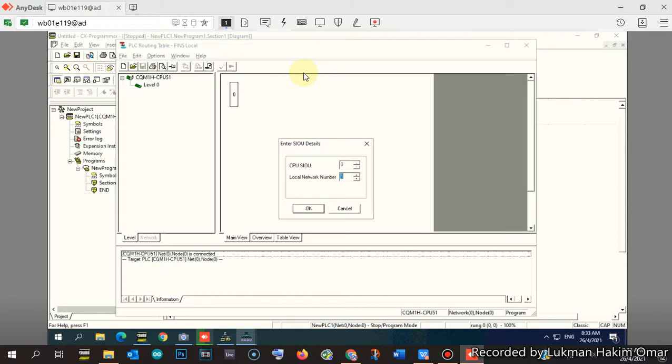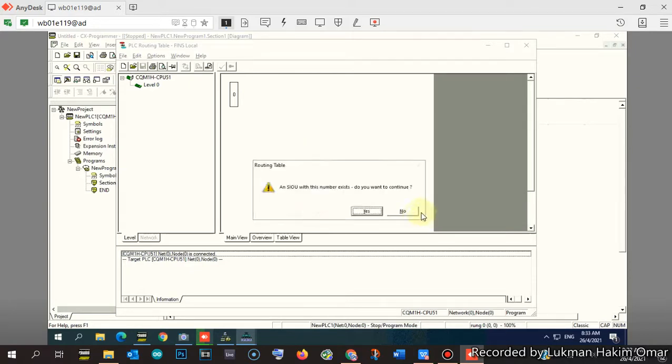Just now we have done in the master PLC, the local network number for the control link is 3. So in our case of slave PLC, this will be number 3 also. Okay, it mentioned it already exists.